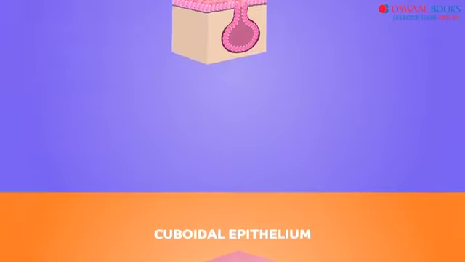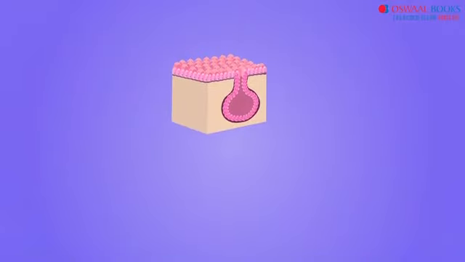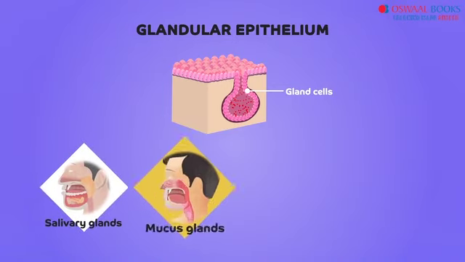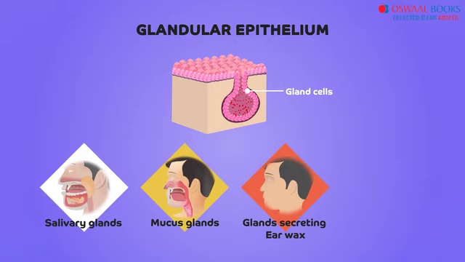glands. Lastly, we also find certain specialized modifications in these cuboidal cells. They attain the capacity to secrete important substances in the body. These are simply formed by inward folds in the cuboidal cells. The cells are called gland cells and the tissue is called glandular epithelium. So where will we find them? Yes, those parts involved in secretions like the salivary glands, mucus glands, glands secreting earwax, mammary glands, and also the glands